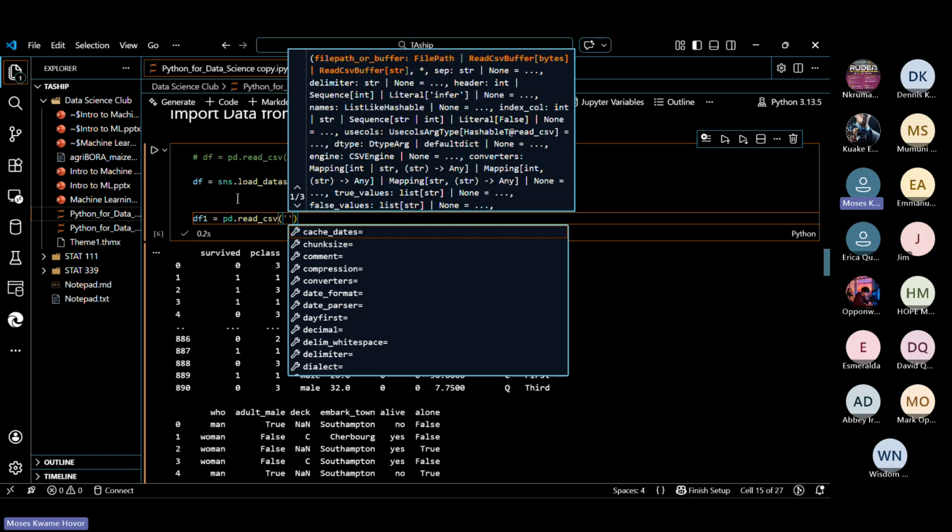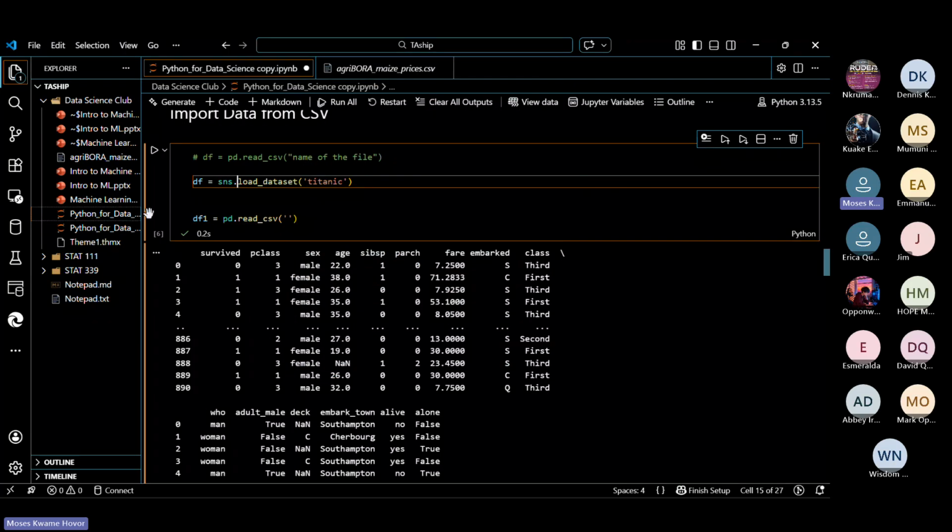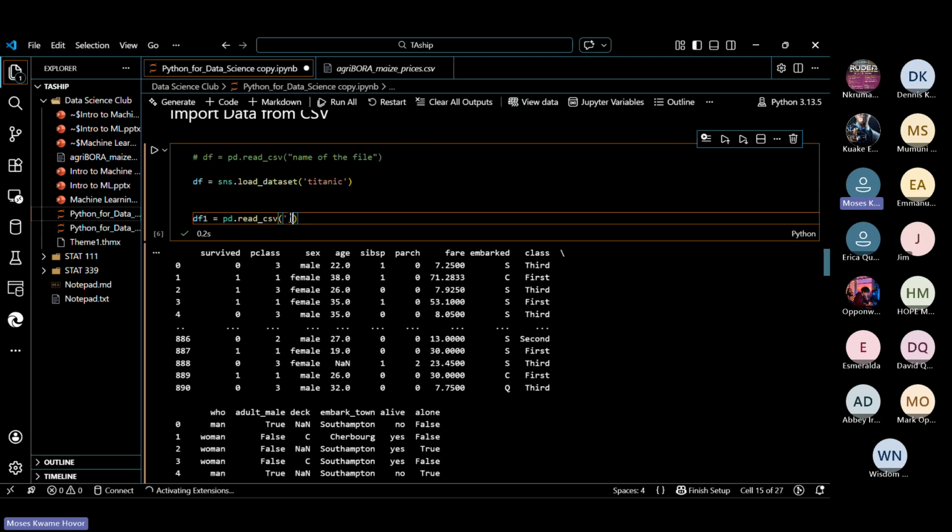What I did was that I have the data in the same folder as my Python script or my Python notebook. So all I have to do is type the name of the data. And here the name of the data is agribora_maize_prices.csv. If I type that in here and I run it, I'm going to have the data.